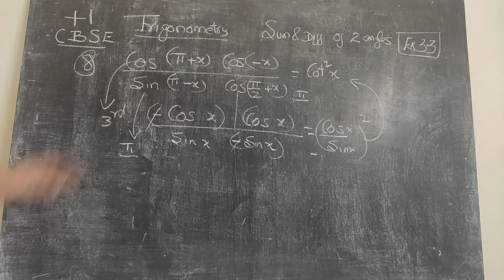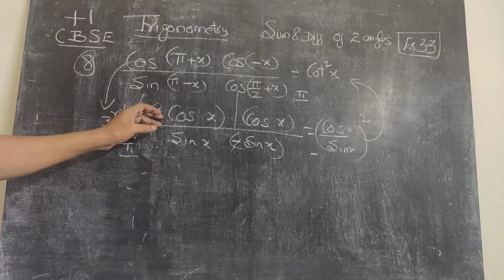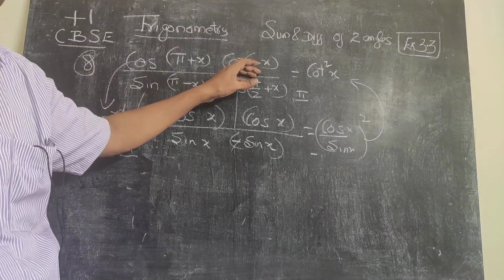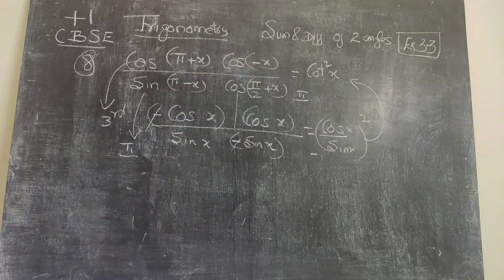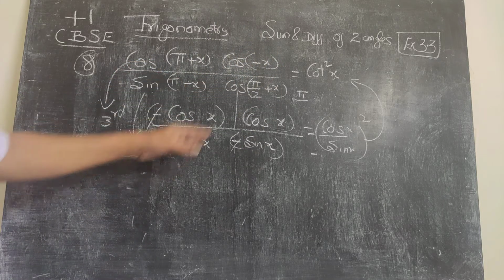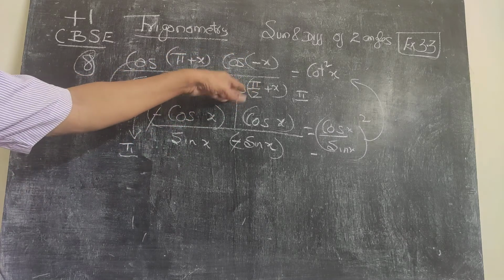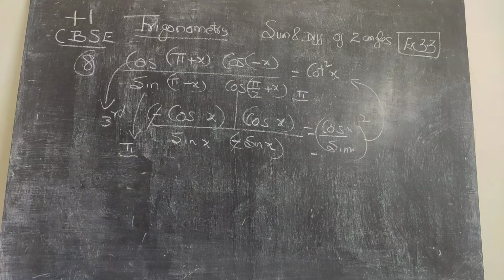So you have to remember only this: cos(pi + x), third quadrant, therefore minus. But cos(-theta) is cos theta, don't get confused with that. So minus cos theta. Sin(180 - theta), second quadrant, so sin positive. Cos(90 + x), second quadrant, so minus, and with 90 plus you have to change cos into sin. Now I go for question number 9.